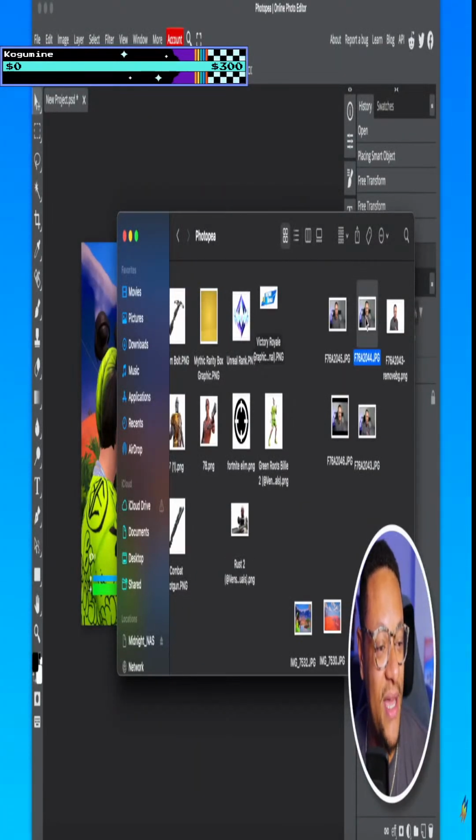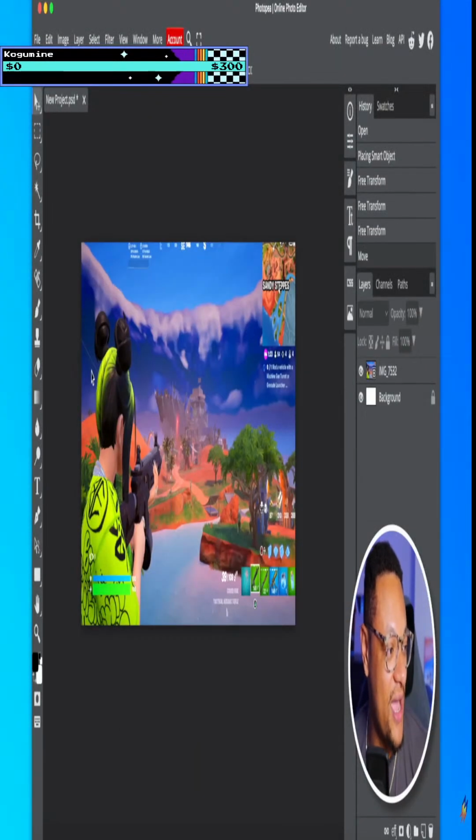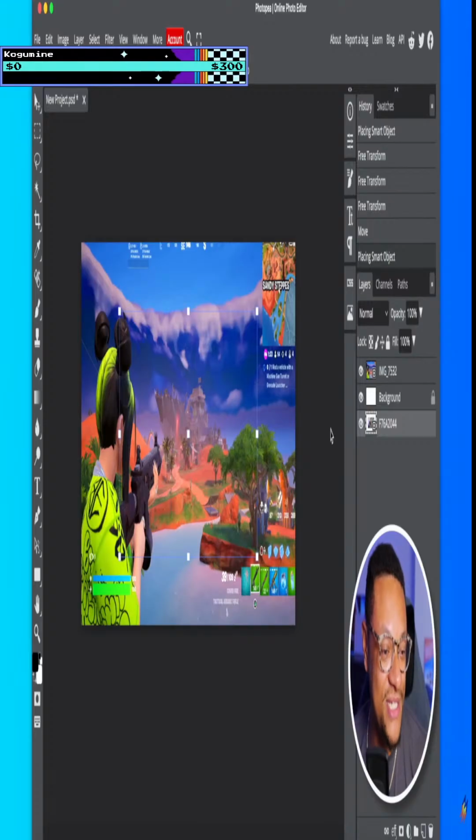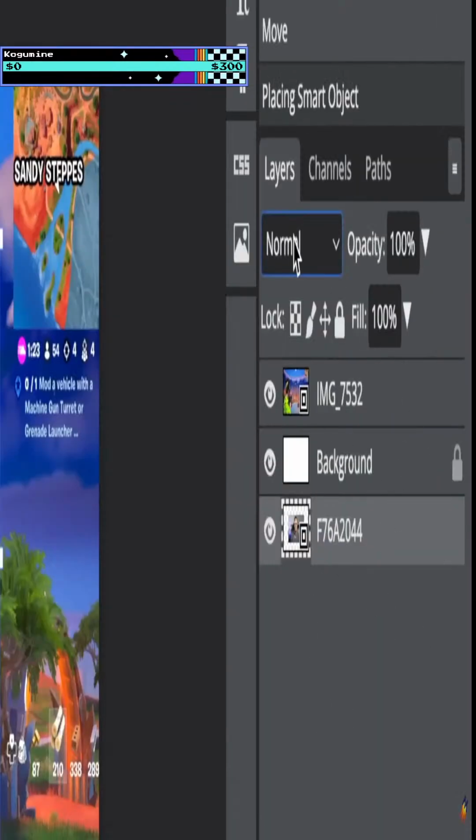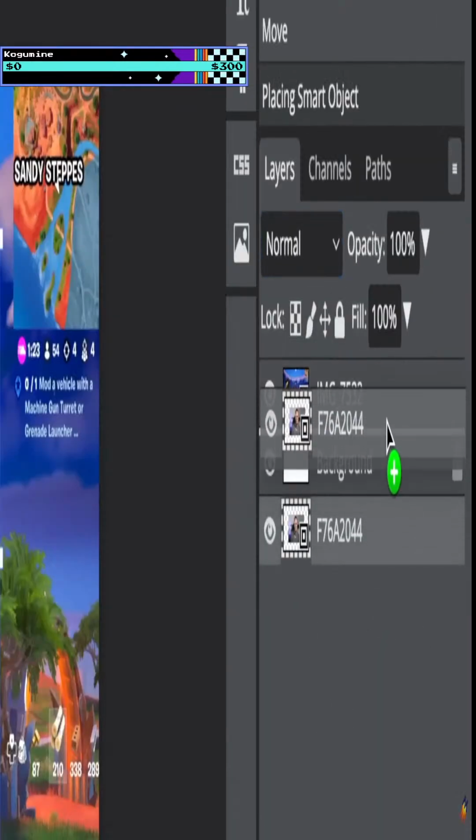Once you have the image you like, go ahead and take that, drag it onto your Photopea project. If you don't see it, that means it's behind another layer, which is the case for me. So I'm just gonna go to this area here where you have my layers. I'm gonna grab this layer and I'm just gonna drag it on up